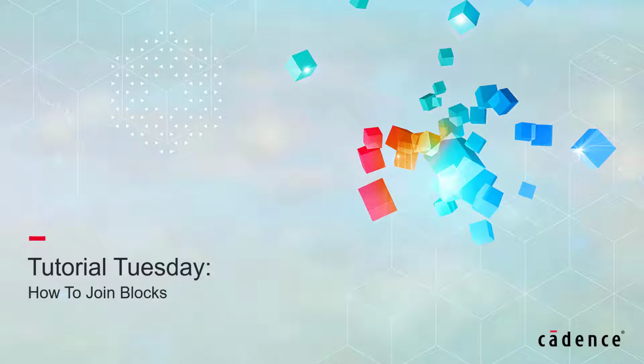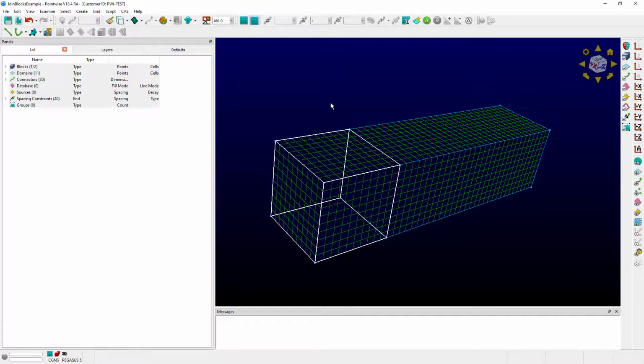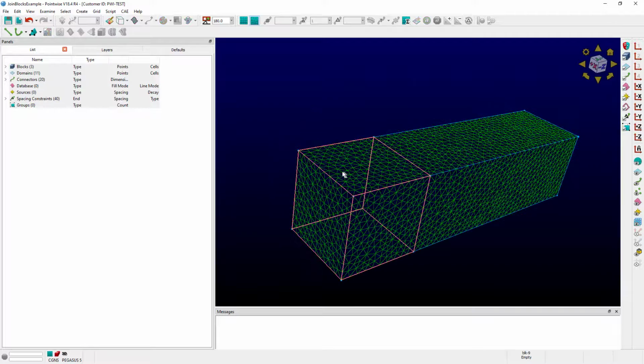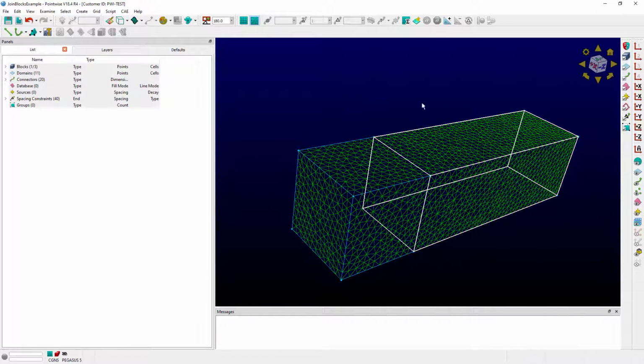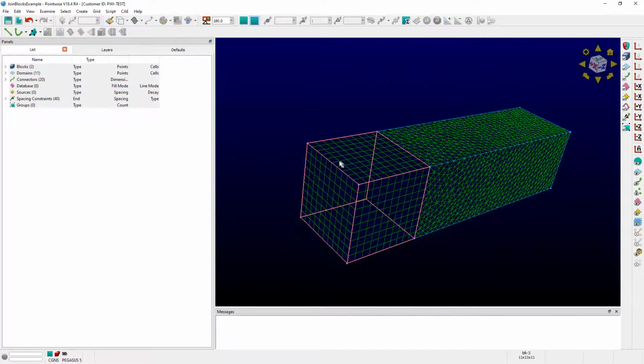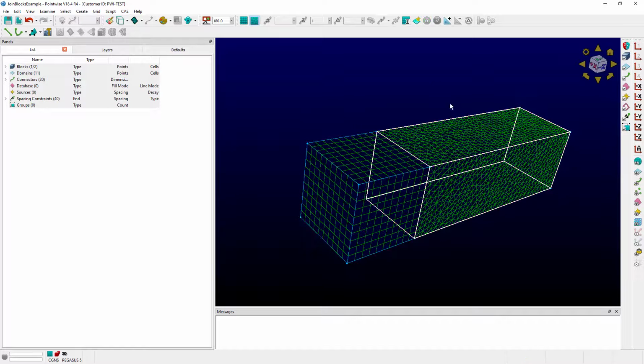In this video, I'll demonstrate how to join blocks in Pointwise. You have a lot of options for joining blocks. You can join structured blocks together. You can join unstructured blocks together. You can even join a structured block with an unstructured block, but be careful, the result of that behavior is an unstructured block. So let's give this a demo, and for fun, let's join a structured block with an unstructured